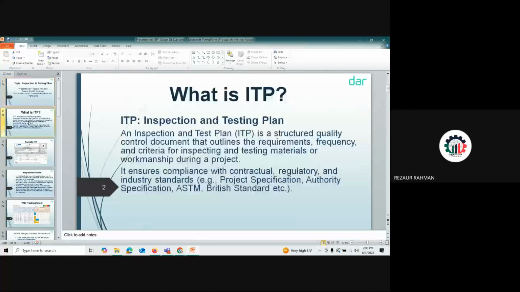Okay, so does anybody have an idea what is ITP? Inspection and testing plan. So what is the purpose of an inspection and testing plan? You show the tests to be carried out, the frequency, and the criteria to accept them. Exactly. So that means the inspection and testing plan will determine which inspections, because a lot of activities are going on